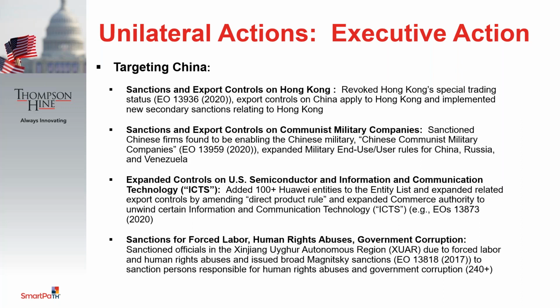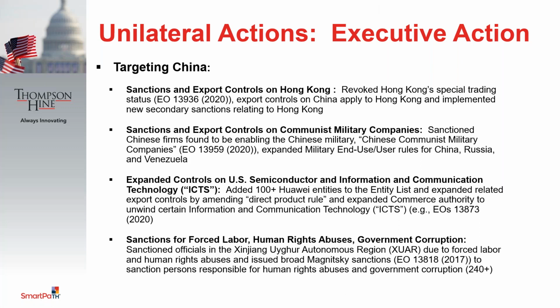Trump also has focused controls on U.S. semiconductor technology and really has honed in on information and communication technology threats. For the most part, this has also targeted China. This resulted in adding many or most of Huawei affiliated entities to the entity list, effectively barring all exports, re-exports, and in-country transfers of